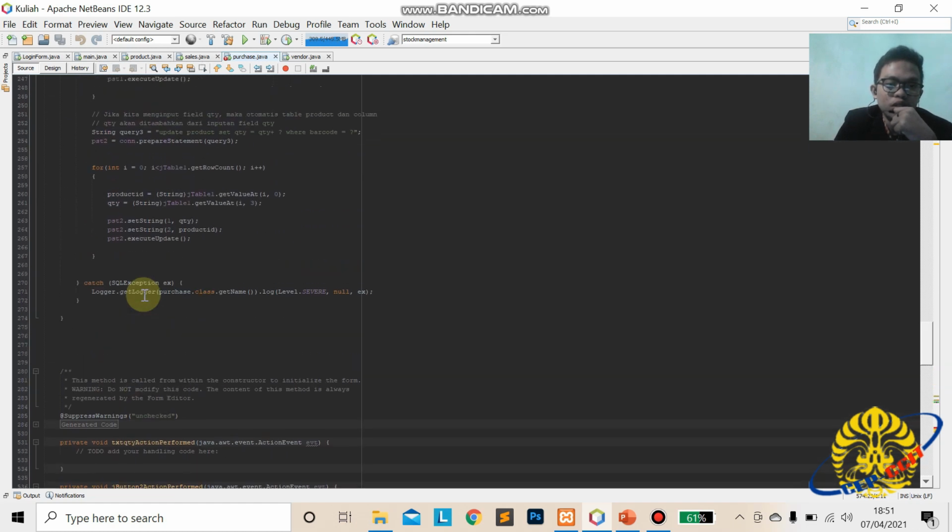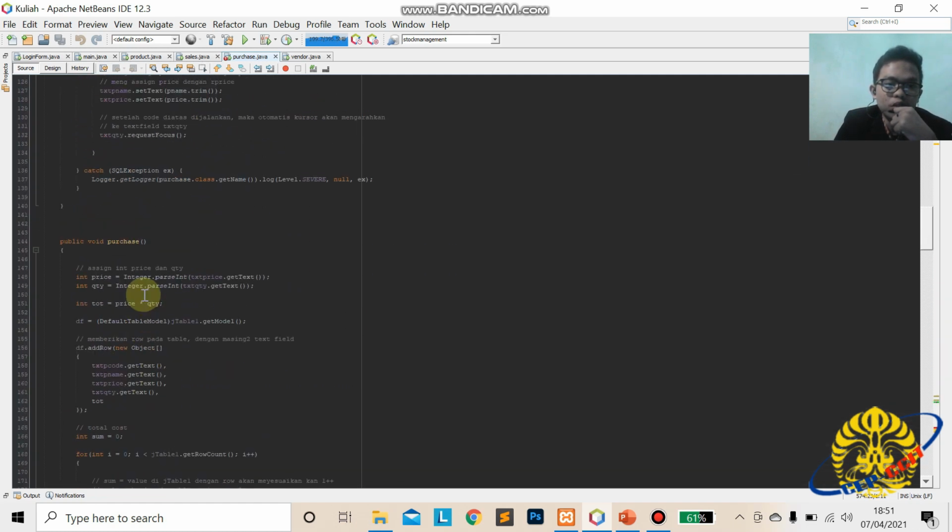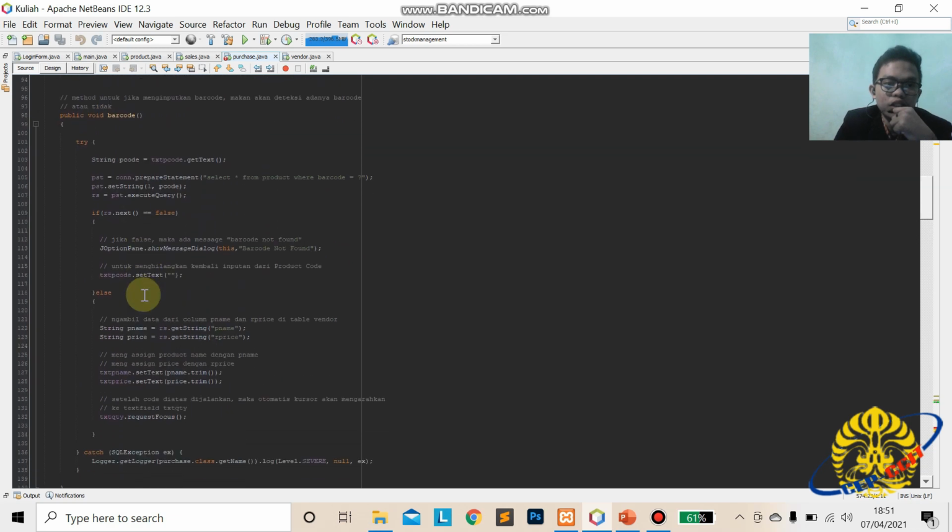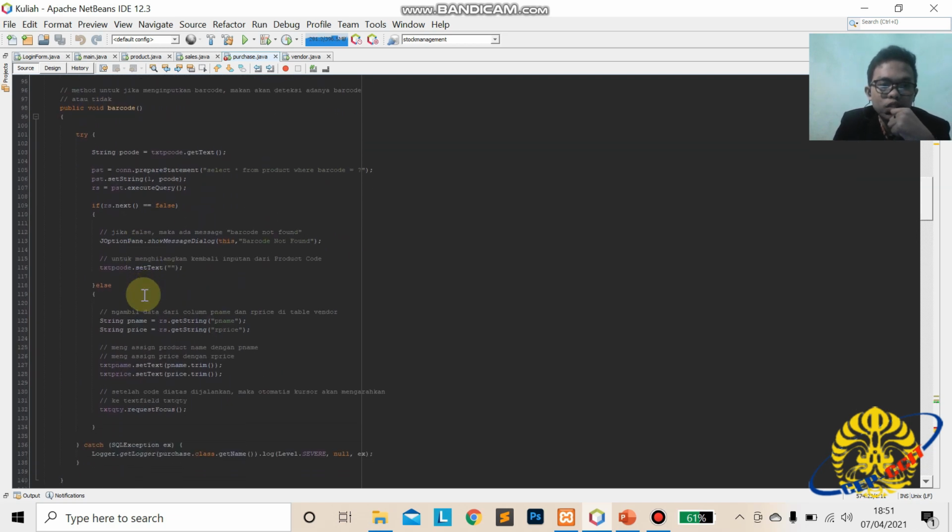So we try method barcode. This is a method barcode for the input barcode. If the barcode is not available, it will show barcode not found, and then if available will set product name and price.